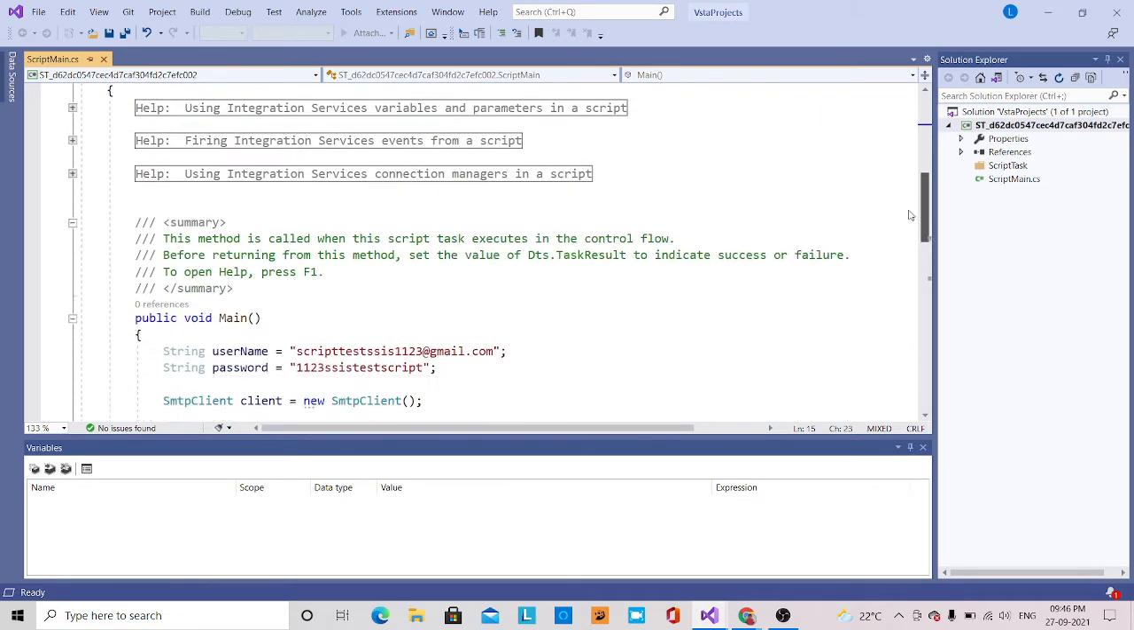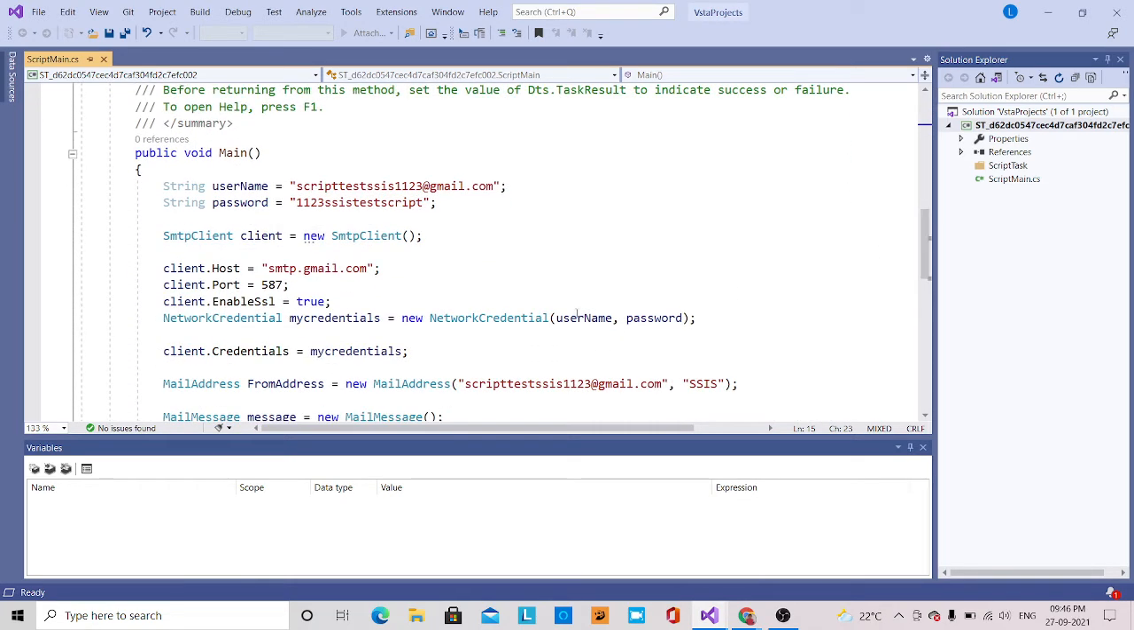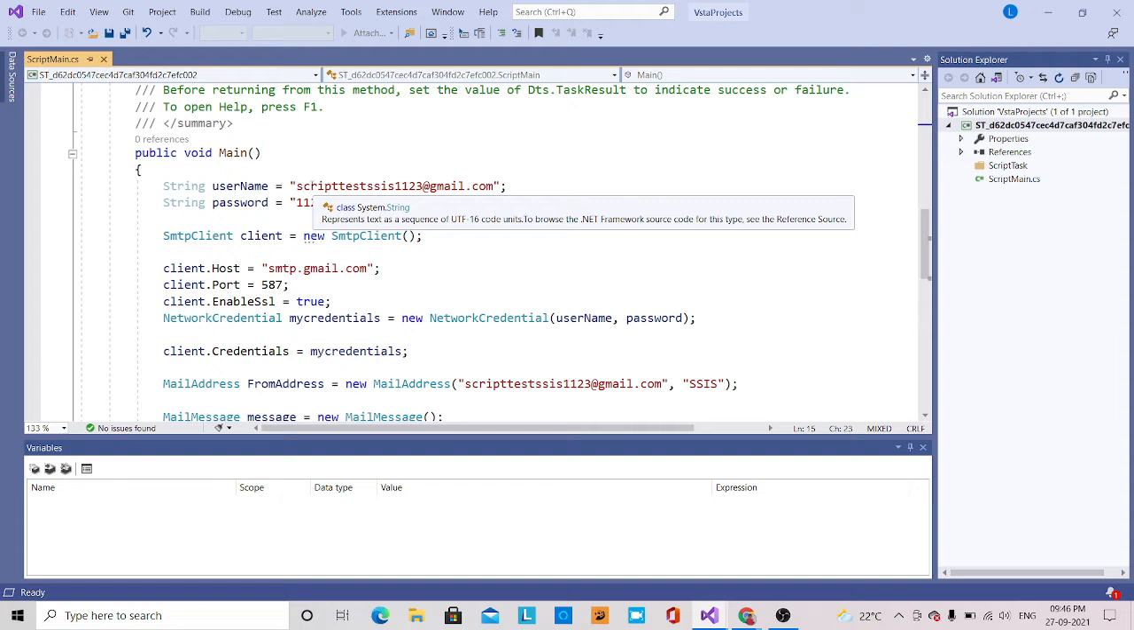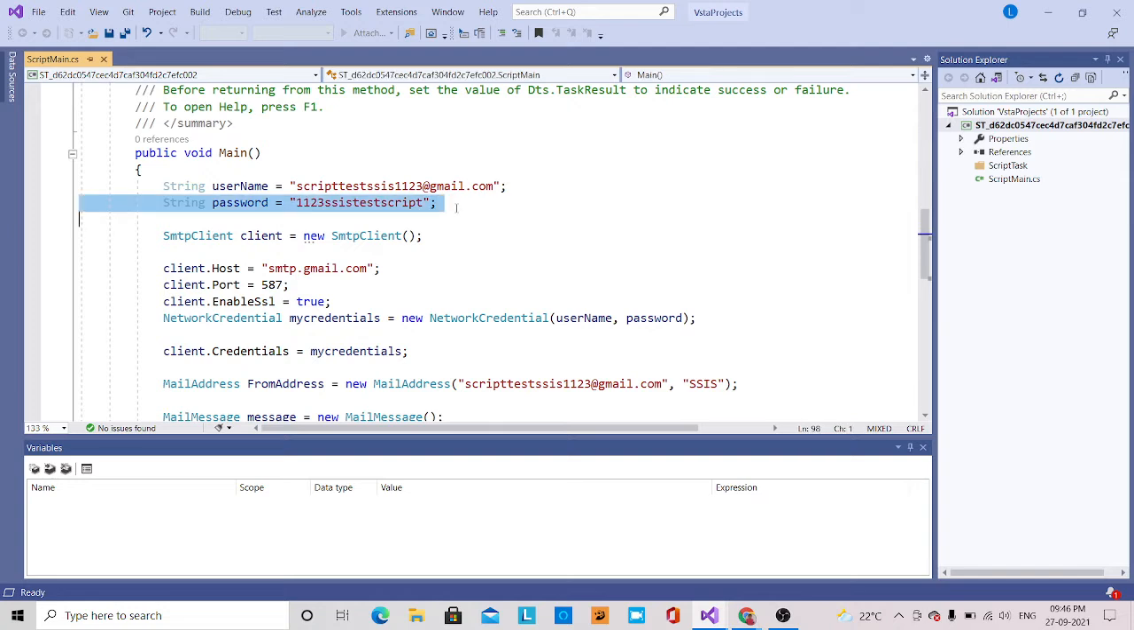Here in this main function, I have hard coded the username as script test ssis 1123, which is the Gmail ID, and this is the password. After that I have created a client and host and put all these credentials. I have given network credentials as username and password that I have passed here. And then the next thing is